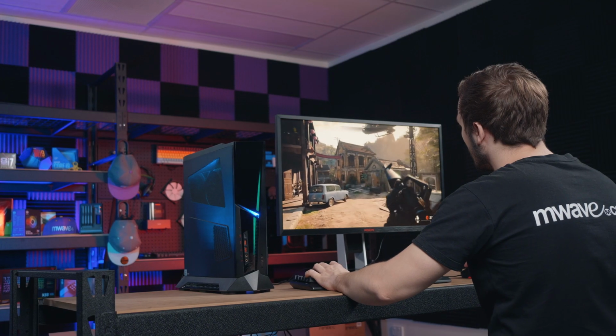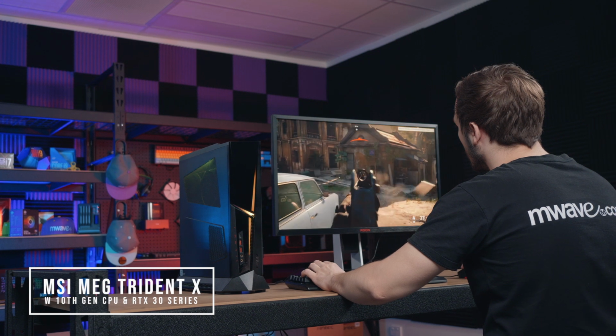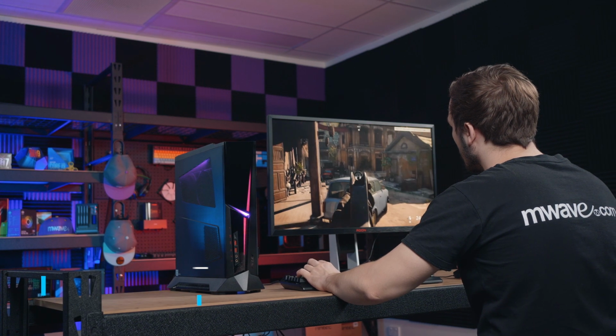Hey guys, it's Frazer. Today I'm taking a look at this small form factor gaming PC, and it's called the MSI MEG Trident X. Now I was just kind of curious about the overall volume of it, so I took